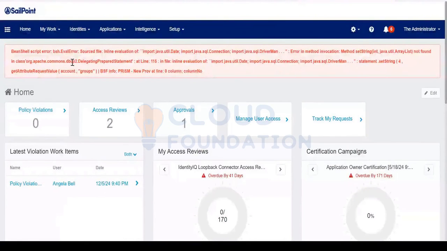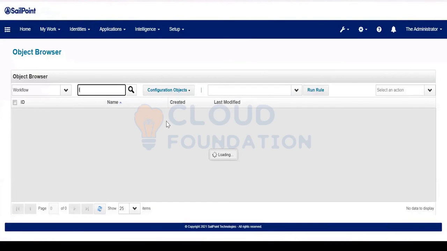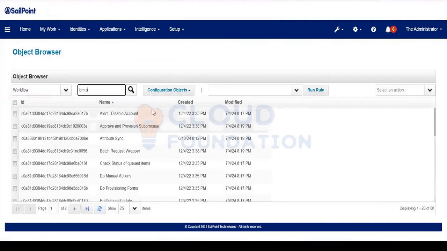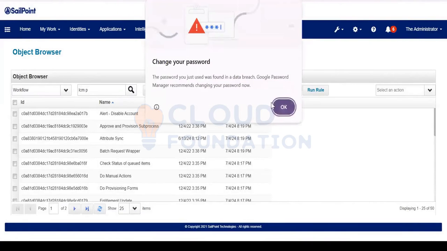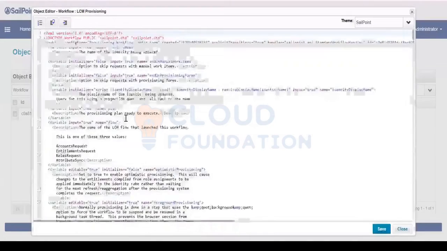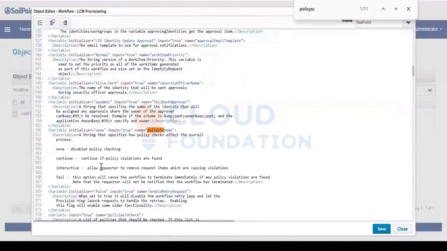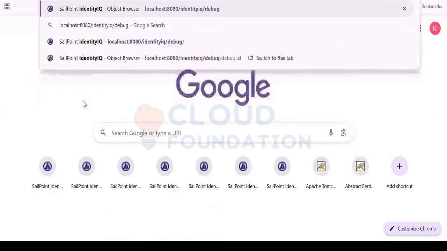Now we defined the policy scheme as none, which means if a request or item causes a violation, SailPoint won't trigger anything. Now let me submit access.